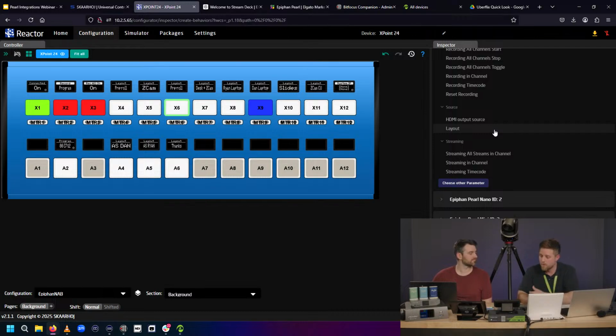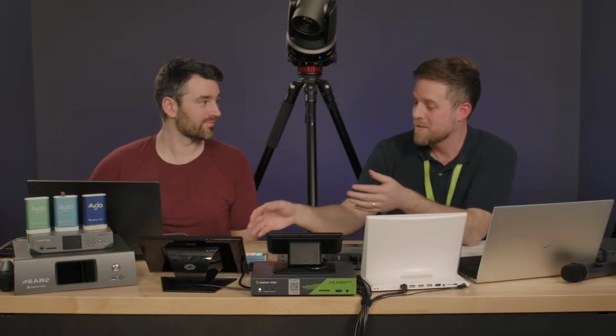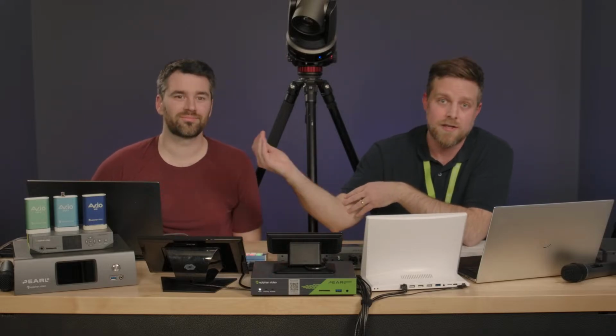What's cool here, and what I think is most compelling about this, is that it's a hardware control system. So there's no software required to run this. It's sending the commands directly from this device into the Pearl over your network. This is actually just connected with a single Ethernet cable, which has PoE power. So it's an extremely tidy and clean setup.